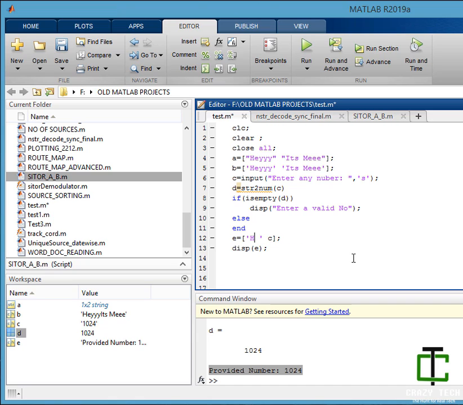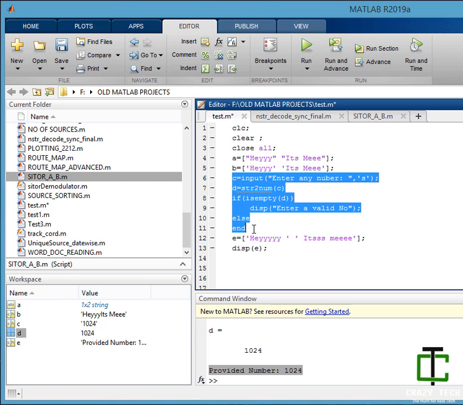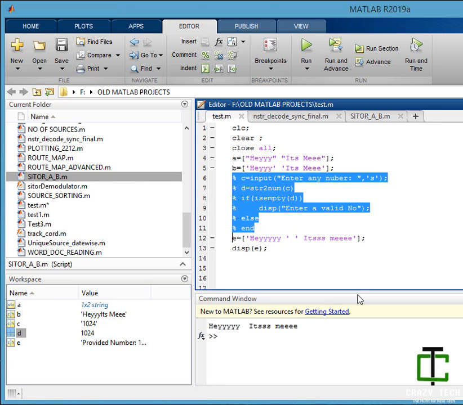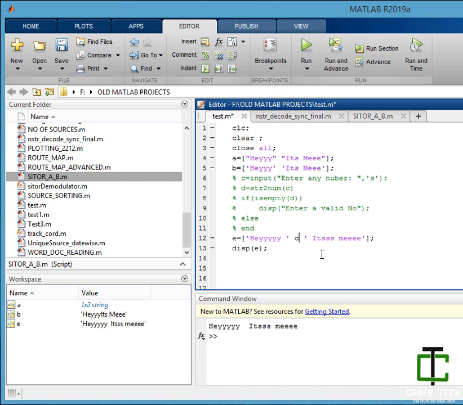Let's say I have an array of characters here, 'Hey', 'it's me'. So comment it. Okay, here, it's me. So backslash n doesn't work here, so I have to use character 13. Okay, hold on a sec.